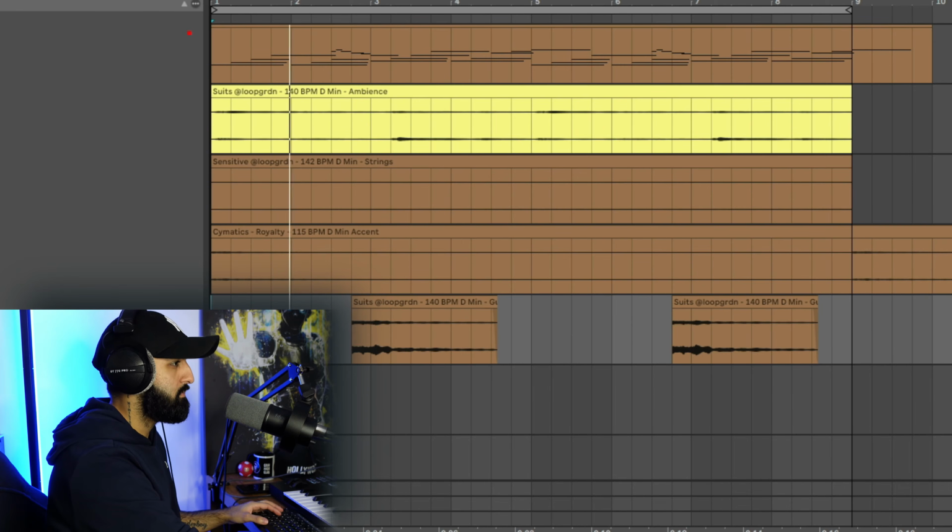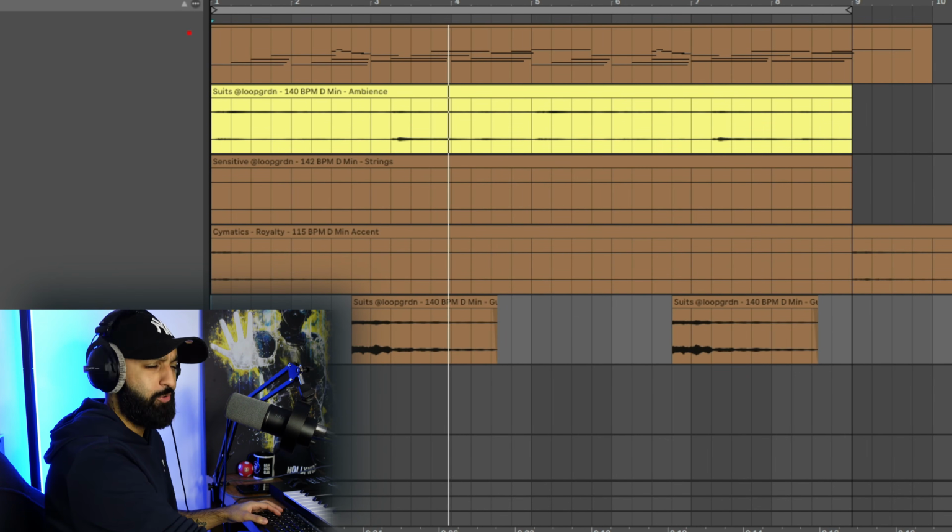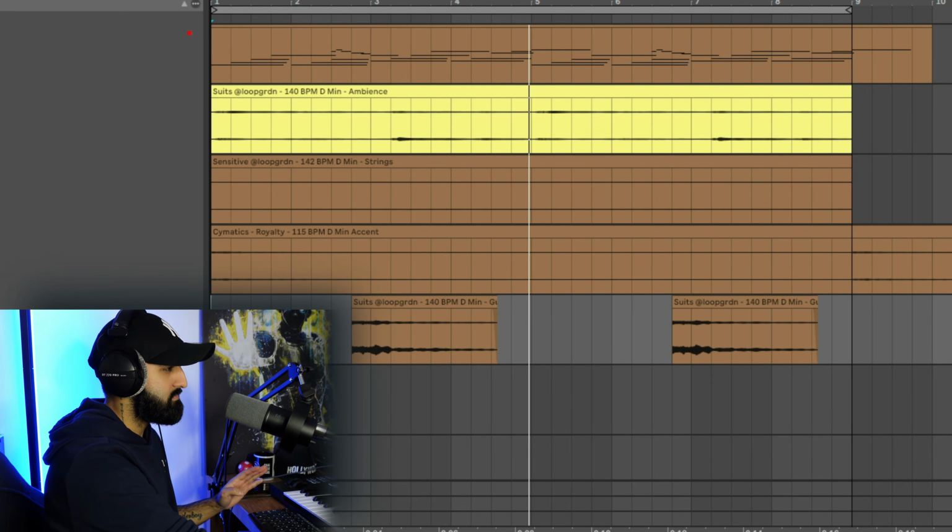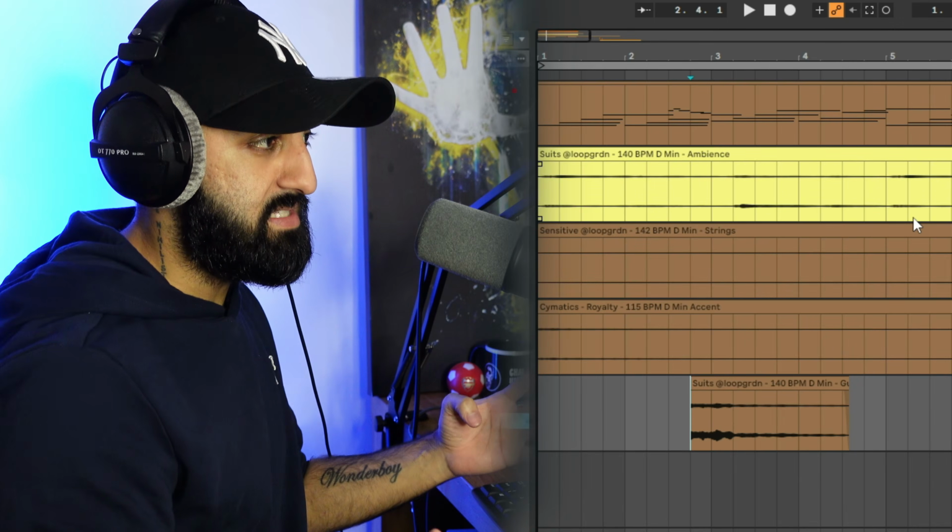Next up, we'll put in some accents. Again, I'm just searching like the key signature through my samples and going through stems and finding something that will just fit in. That's the melody done. Now we can move on to the drums, and the drums are really easy for these